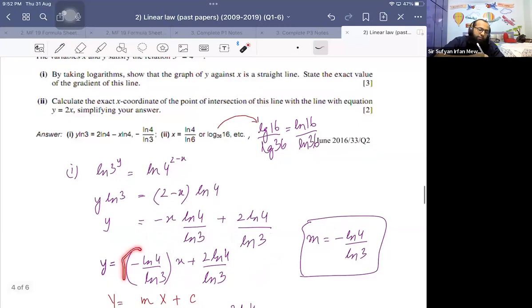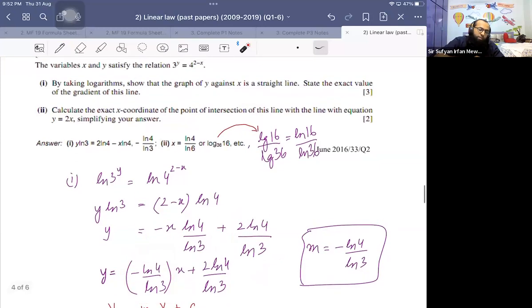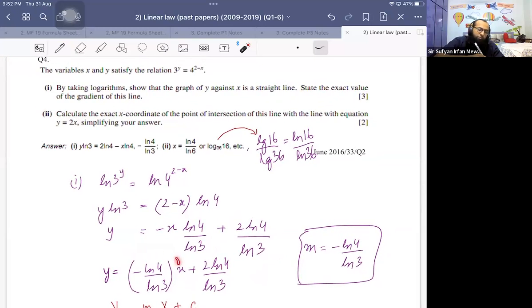So the gradient is negative ln 4 upon ln 3. First transform into linear form, and then the coefficient of x will be the gradient, and the gradient will be negative ln 4 upon ln 3. So this is going to be our final answer for part number 1. So by first taking logs, convert into linear form, and then state the exact value of the gradient. Then part 2 says,